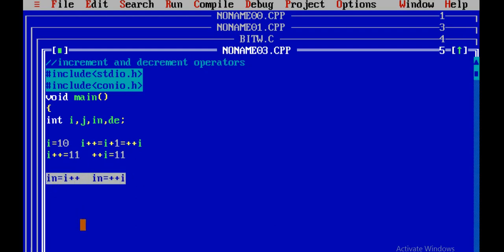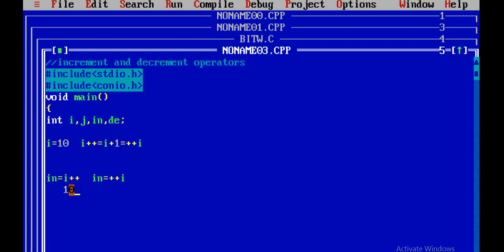But now when you assign a value to a variable, that will be changed. Here, if you are writing in = i++, first the value of i will be assigned to the variable in. Consider the value of i as 10.